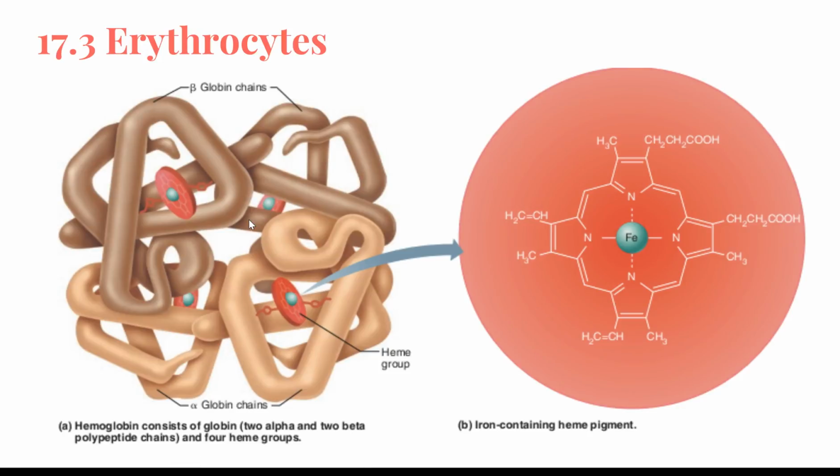Hemoglobin is made up of the red heme pigment bound to the protein globin. Globin consists of 4 polypeptide chains, 2 alpha and 2 beta chains, each binding a ring-like heme group. Each heme group bears an atom of iron set like a jewel in its center. A hemoglobin molecule can therefore transport 4 molecules of oxygen because each iron atom can combine reversibly with 1 molecule